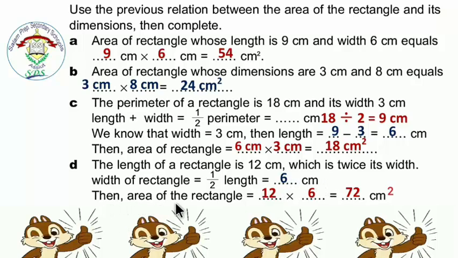Then area of the rectangle equals length times width. 12 times 6 equals 72 square centimeters. Please don't forget square